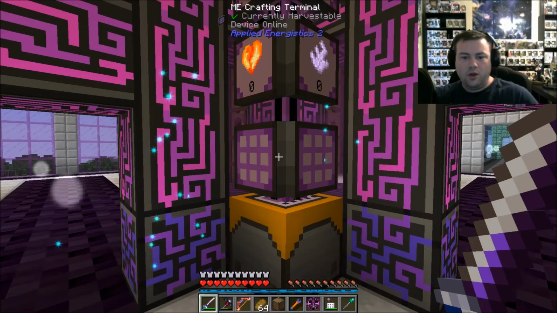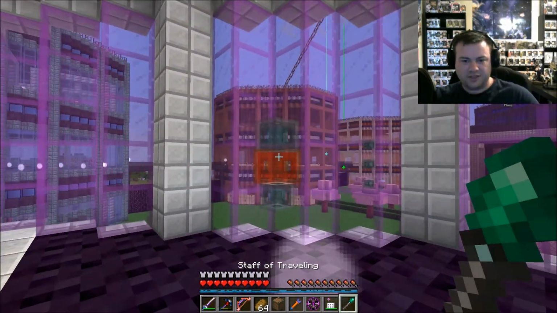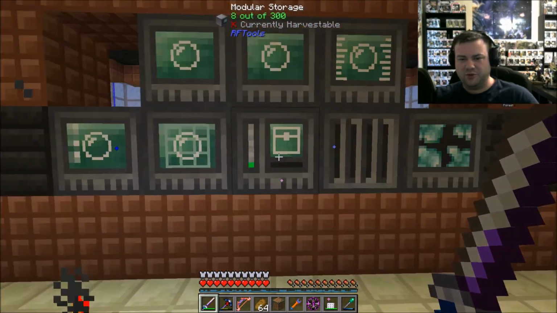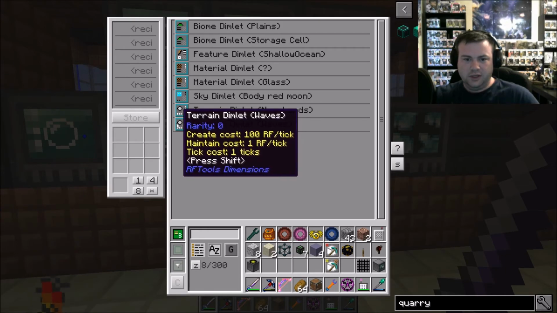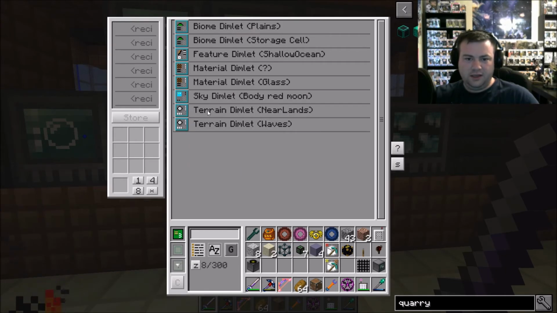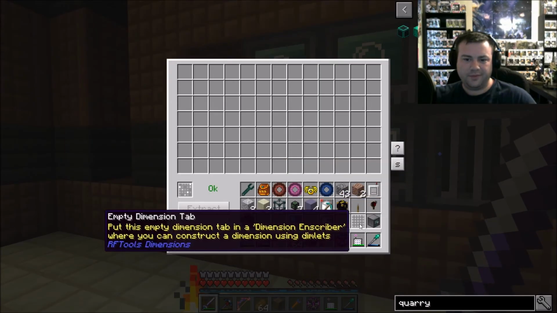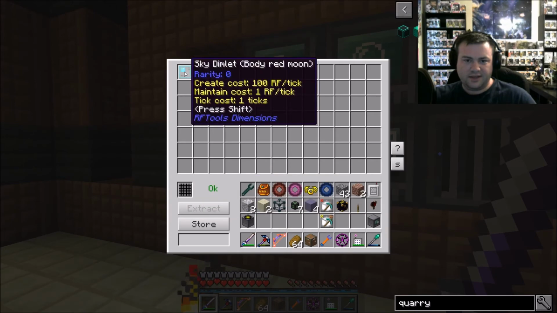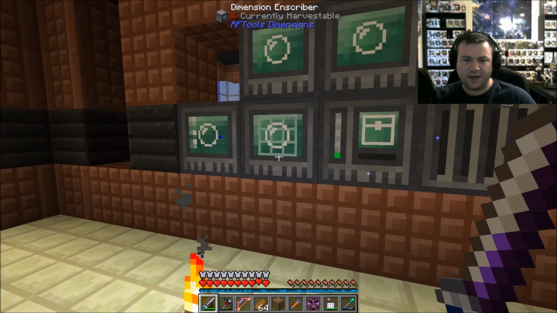Okay? Wonderful. And then what I want to do is let's just make ourselves a new dimension, because that one was pretty much ripped up anyway, for the most part. I mean, there were still some good spots, but let's do... We'll just put a sky dimlet into it. So we'll say it's going to be a red moon, and I'll tell you what, I'm also going to take the biome,